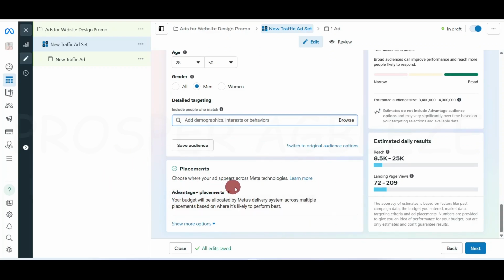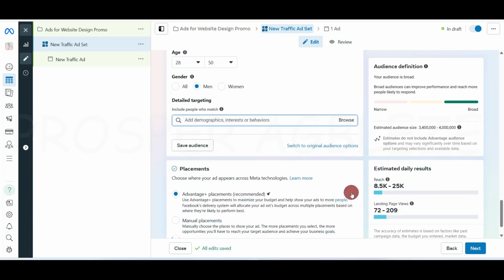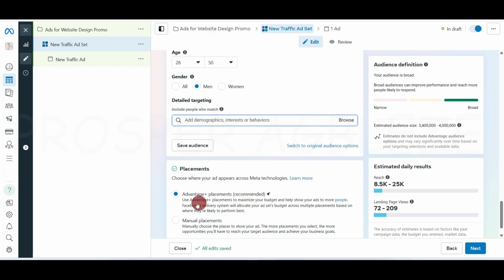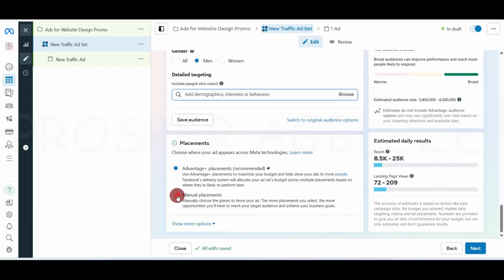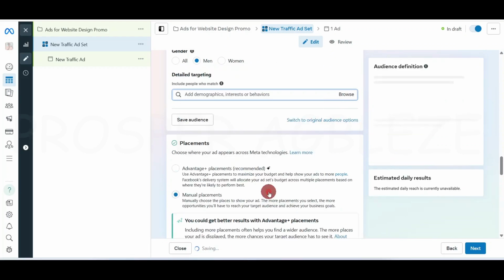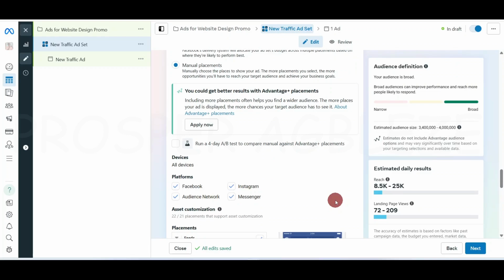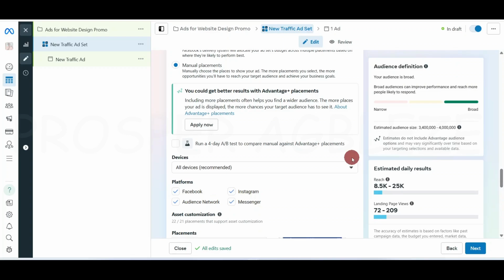It says choose where your ads appear across Meta technology. So once I click on this, you can just click on this edit button to show you this. Here it is telling us that Facebook would give us the best place to place the ad, but I always choose to do it manually myself. So what this means is that you are going to select, and the first option here is devices. So that means